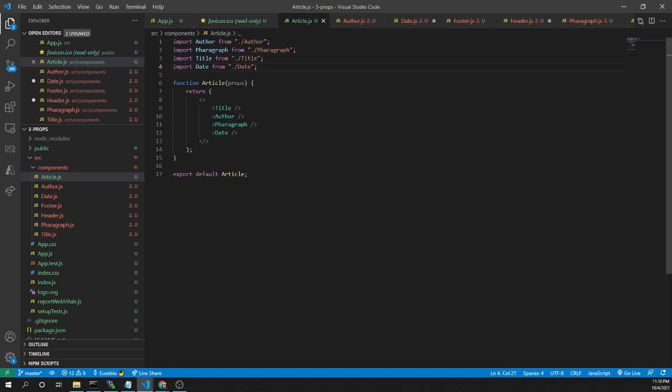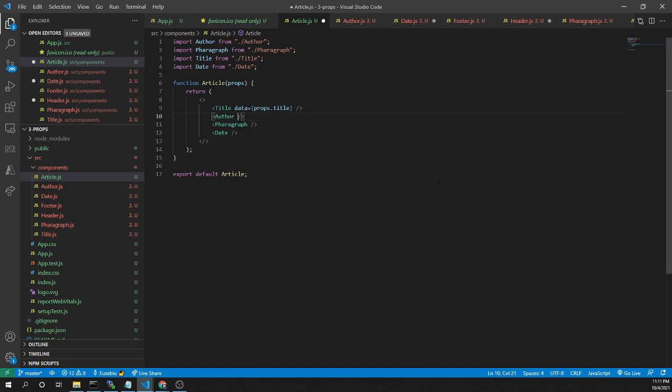And now in the article component I can access the properties sent to the article, and I can do whatever I want with these properties. Let's put these properties to these components. So to the title I'll add another property with the name data, and here I put props title. So here I'm accessing the title sent to the article, and after that I'm sending this property to the title in the data property.